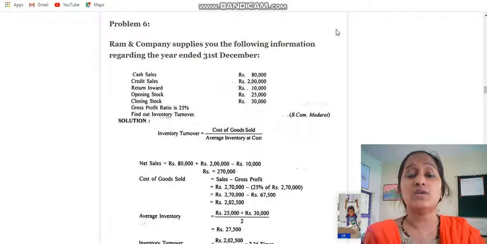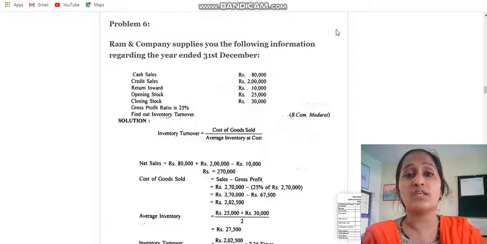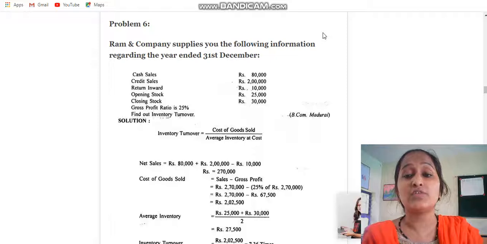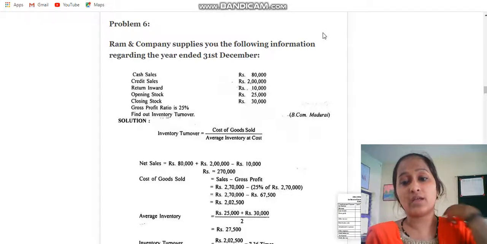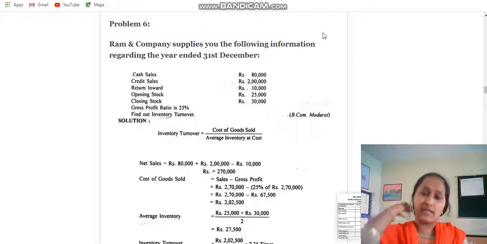So today let's have a discussion on the first and most important topic of today's class, that is activity ratio. See children, in the question they will not directly ask you to calculate a particular ratio. All the ratios combined, they will give you one problem. You are supposed to identify on which topic they are asking us to calculate, so keep that in mind and then go ahead with the calculation part.